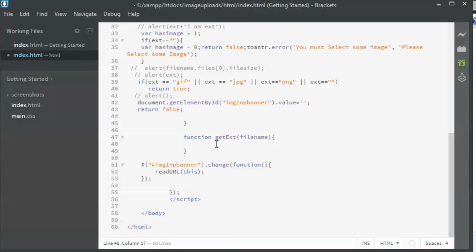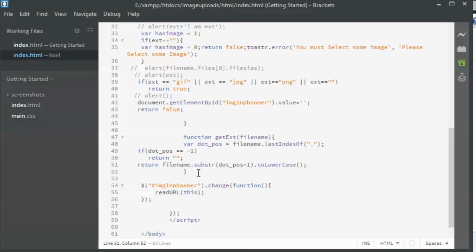I'm going to paste the code that I had already created before. This is really simple code. What happens is that it will just check what extension is there after the dot. It will return the thing that was there after the dot. Suppose you have a file dot image dot jpg, so it will return jpg. Or if you have a file name called image dot exe, this function will return exe.